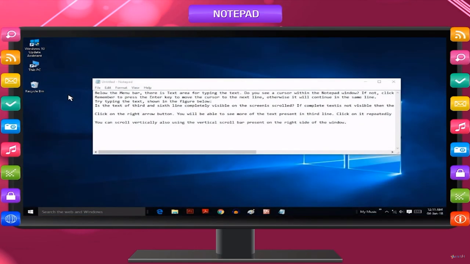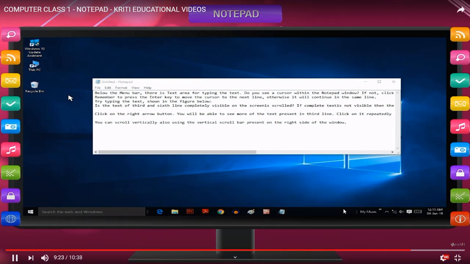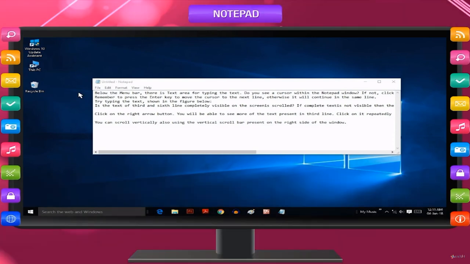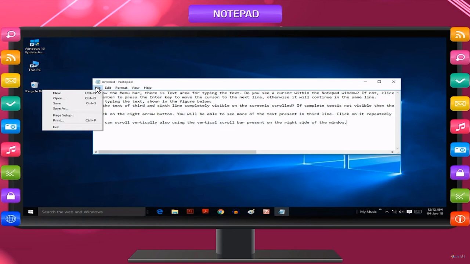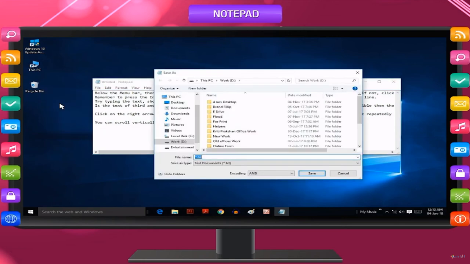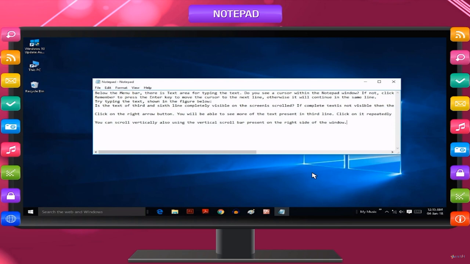After typing, formatting and editing your text, you need to store it permanently for future use. Follow the steps to save your work in a file. Select the File menu. Select the Save option from the File menu. A dialog box appears asking for the file name. In the File Name list box, type the name that you want to give to your file. Click the Save button. Observe that your file name appears on the title bar. Your file is saved permanently.